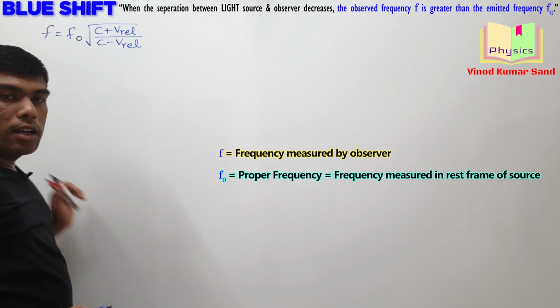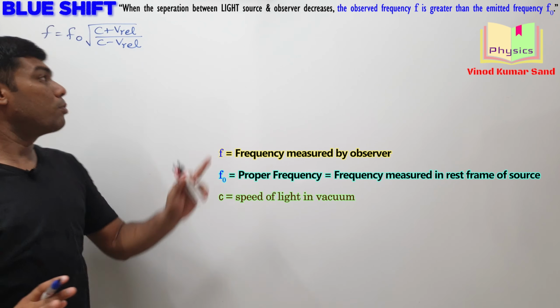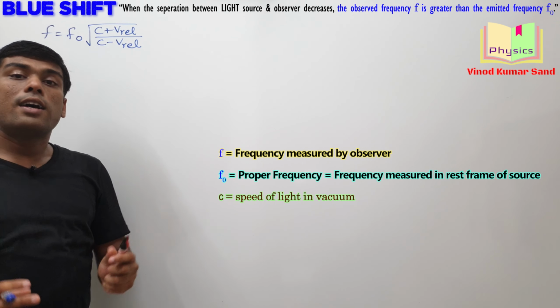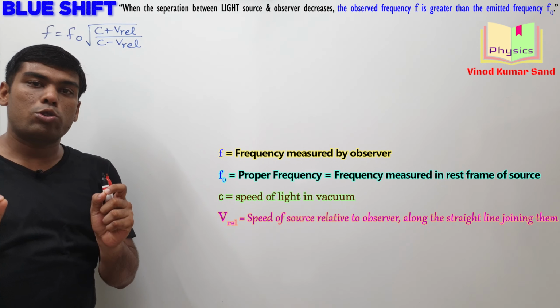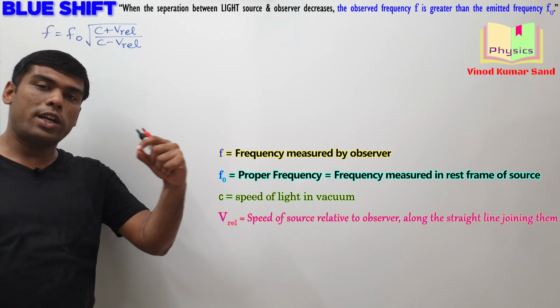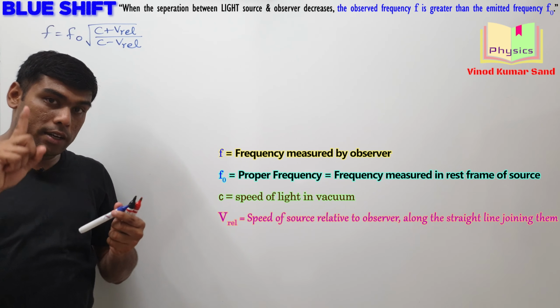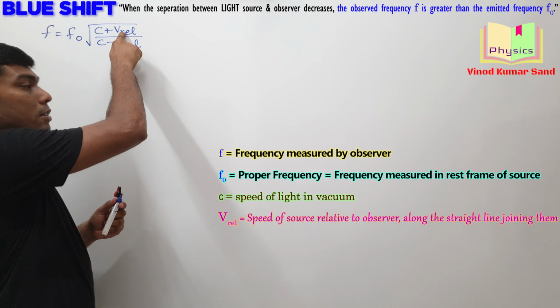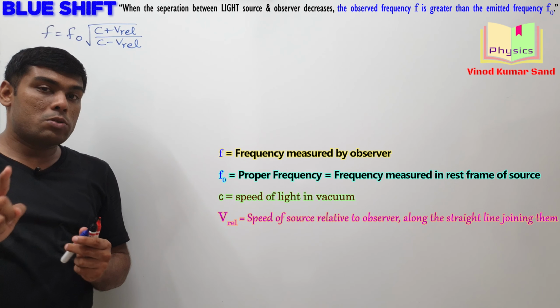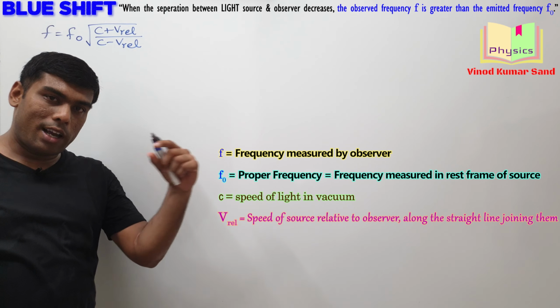What is c here? The speed of light in vacuum. What is v relative here? The relative speed of the source and observer along the straight line joining them. Pay attention. It is the relative speed, and it should always be calculated along the straight line joining the source